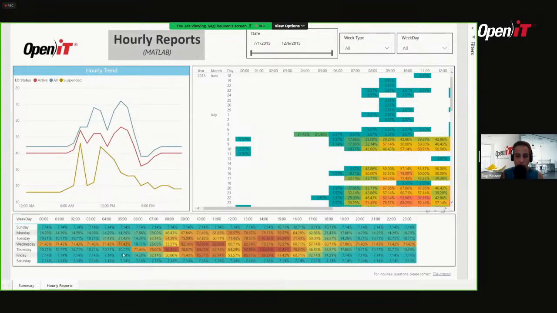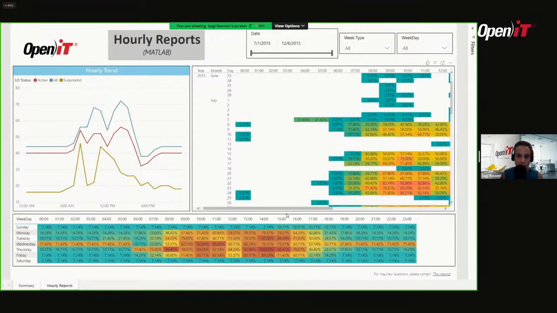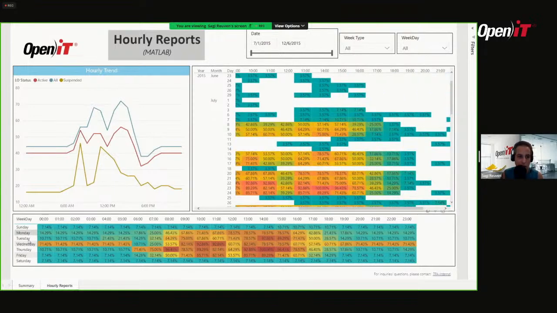Now, you can have this presented in many different ways, as you've seen. You've got bar charts, line charts, heat maps, as you see here, which shows us the days of the week and the hours of the day, and how the usage patterns are spread across the week. So if we take this as an example, I have some usage during weekends, which is something to be checked. I also have some usage